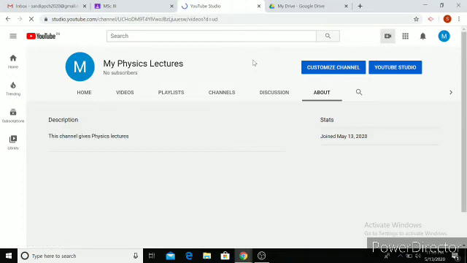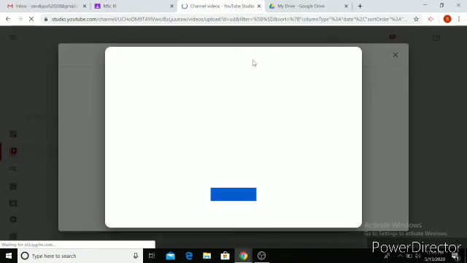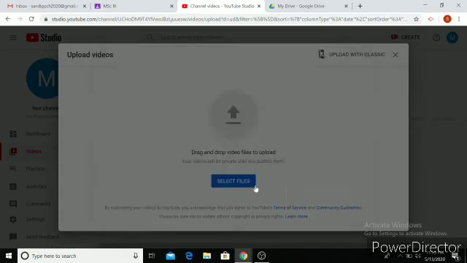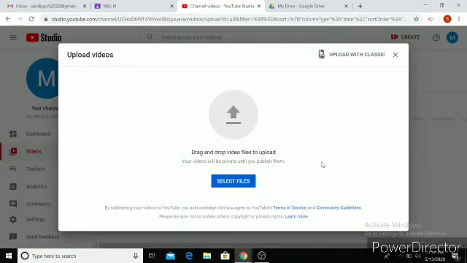Once I go for upload video, I can upload any video that I usually want. Please consider this fact that depending on your internet speed, the video that you upload should not be too large. If it's too large, you need a very good connection. If you're using a mobile connection with a package like 1.5 GB or 3 GB per day, you can't afford to upload a video of 5 GB or 2 GB or 3 GB.